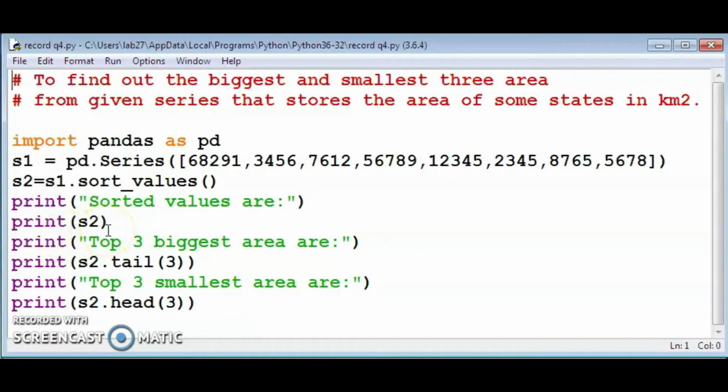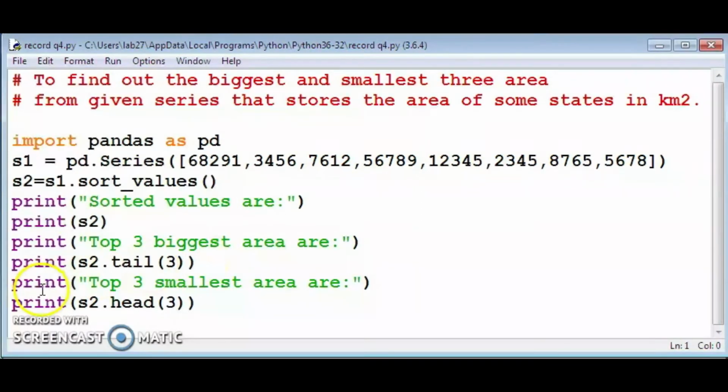Okay. Then next step, print top 3 biggest areas are. That means the tail of that series is the top 3 biggest area. So we can use print s2.tail(3).